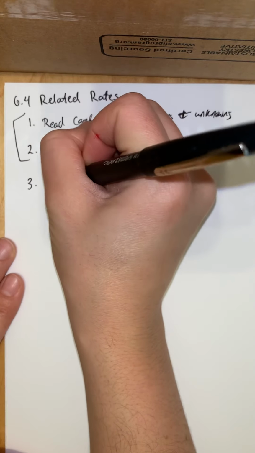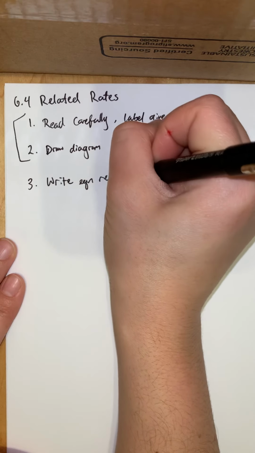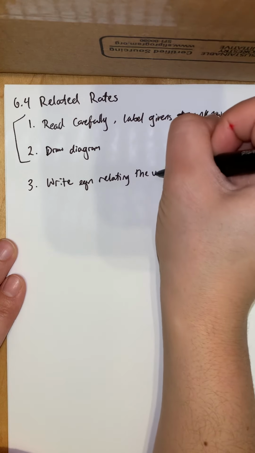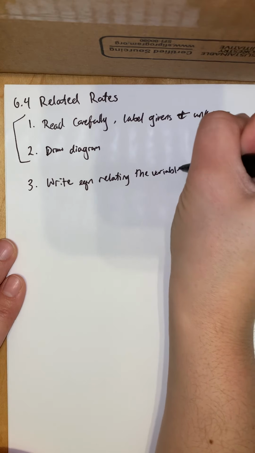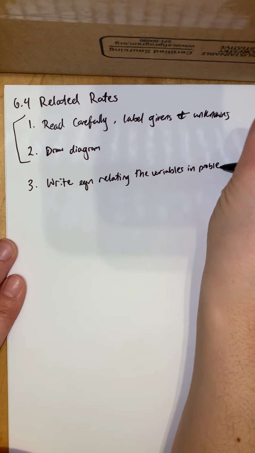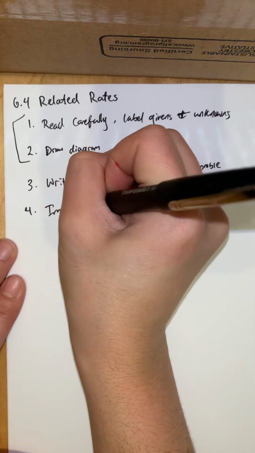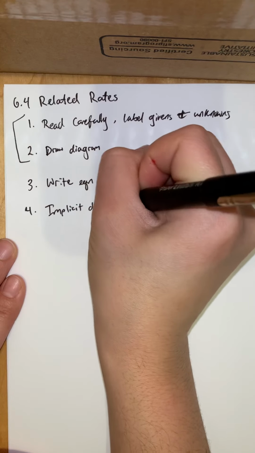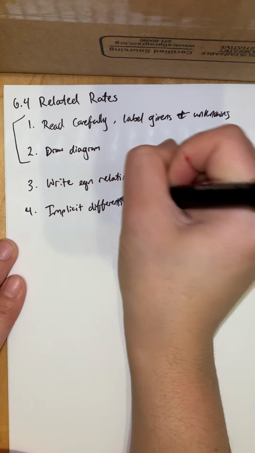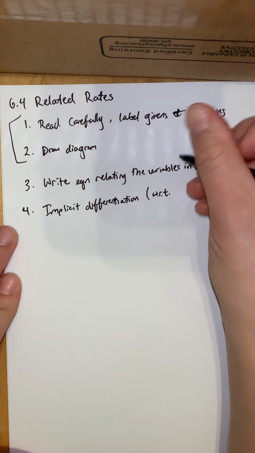Step 3, we're going to write an equation relating the variables in the problem. Step 4, we're going to use implicit differentiation. And we're going to do this with respect to, WRT, as always, is with respect to